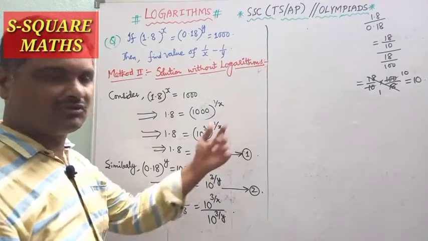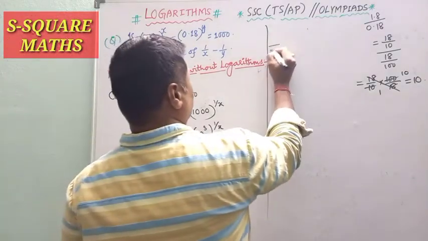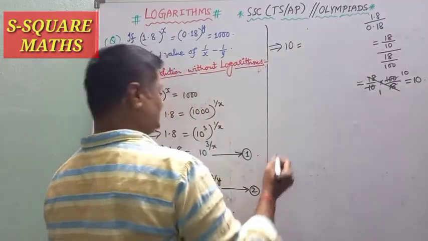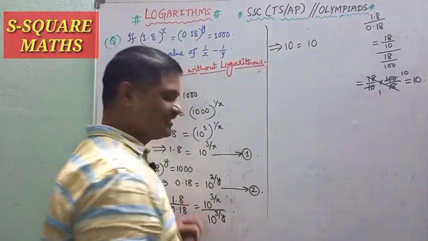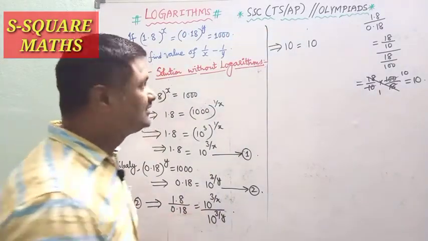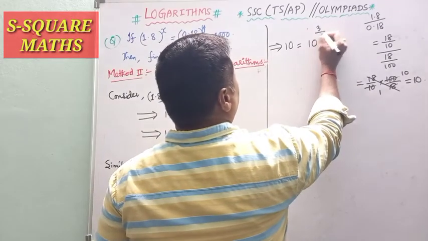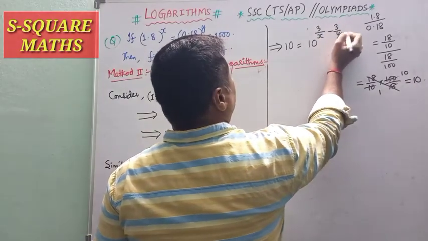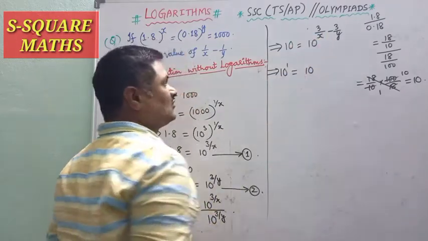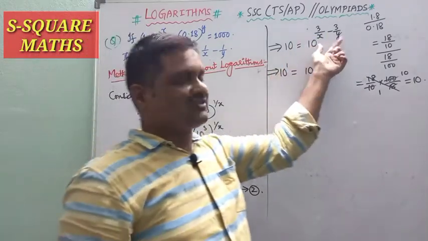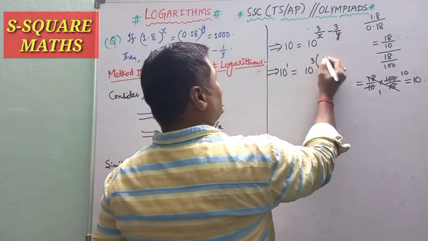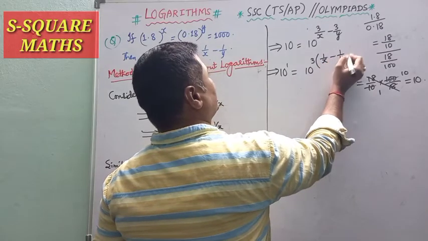Okay, already we have done this one more time. So this I can write as now here, this 10 should be equated to 10 power RHS, in the form of a power m by a power n, nothing but a power m minus n. So 10 power 3 by x minus 3 by y. So 10 power 1 here, 10 power. So in the exponent I have two terms. From the two terms I can take 3 as common. So that I can write here 1 by x minus 1 by y.